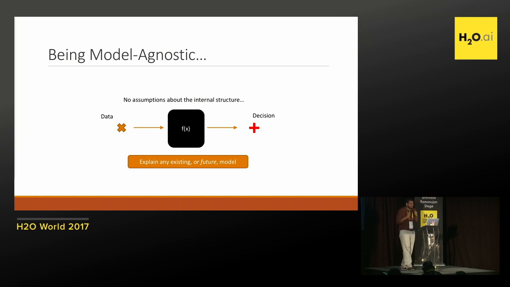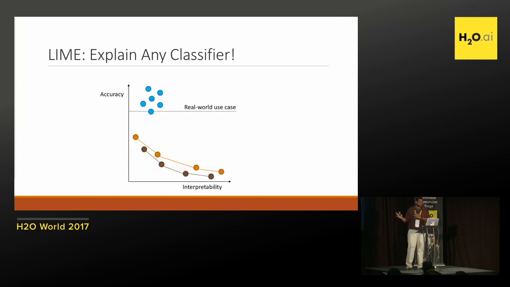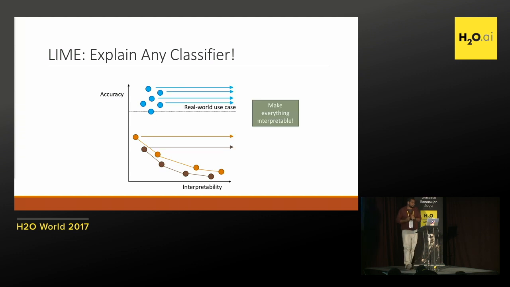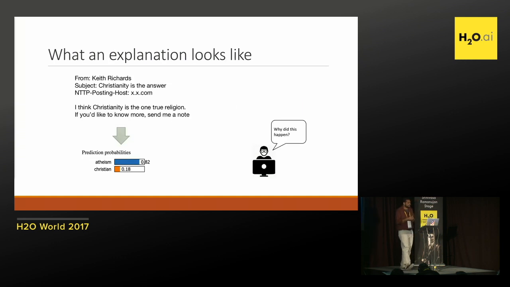So the idea here is that when you think of this curve that I showed you about accuracy versus interpretability trade-off, we are not trying to add more points to this plot, because I think people are getting really accurate models. We don't want to trade them off. But in some sense, we just want to move any of these models to the interpretability side without any loss in accuracy. Right? So we're going to be taking trained classifiers and then trying to explain on a post hoc basis.